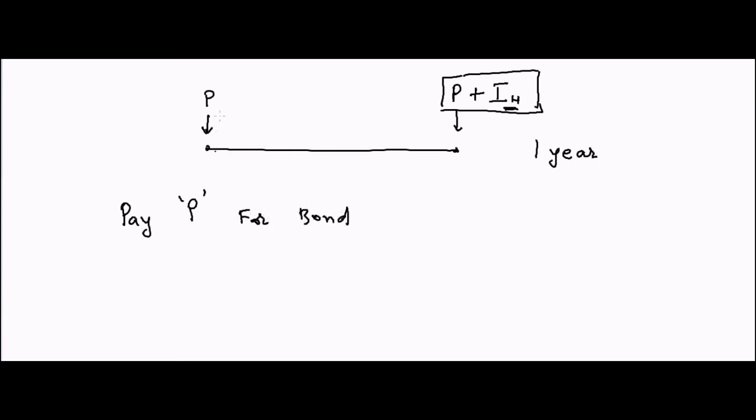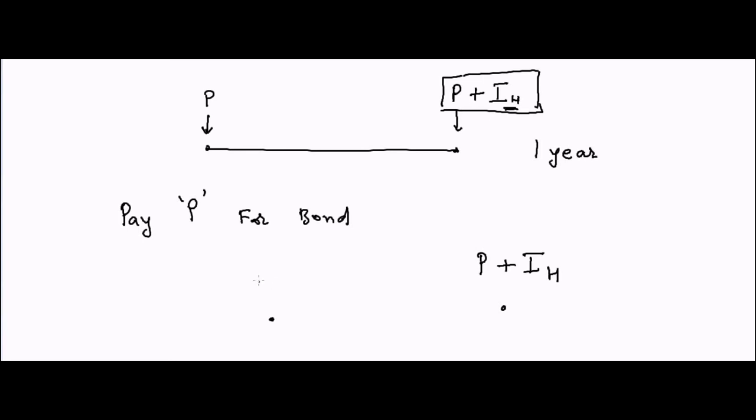Remember that in the case of a deposit you are also paying P to the bank, so that they will give you interest IH later on. But here you pay P, and then you are given a coupon that you will be paid P plus IH at a later time. Suppose now the interest rate decreased, so now the interest rates are less. You know that you will get P plus IH at the later time.